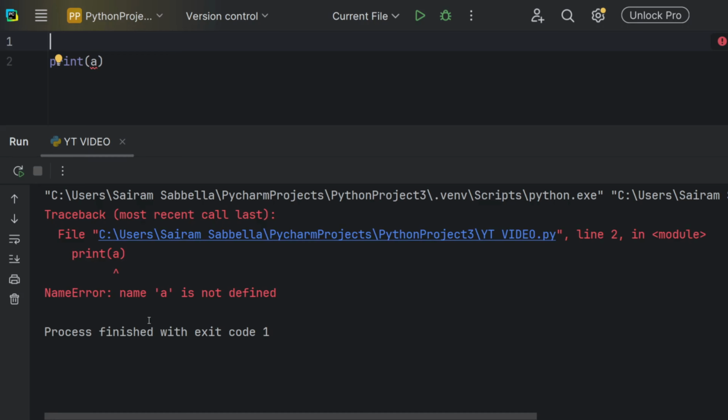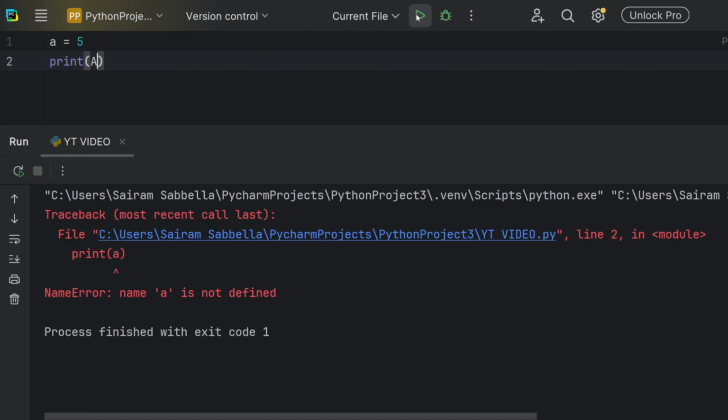So there's another way of looking at this. For example, let's say you did define it. So a is equal to 5. But while typing, you typed capital A and not small a. And we all know Python is a case sensitive language. So whatever case you put, it really matters.